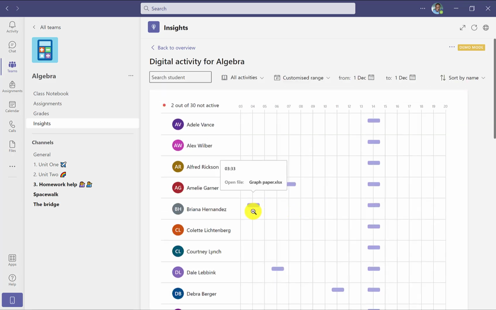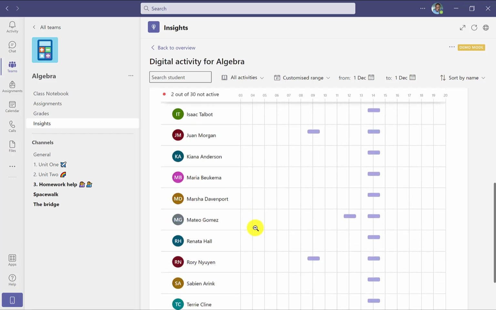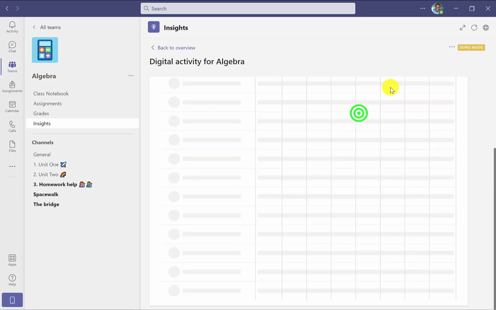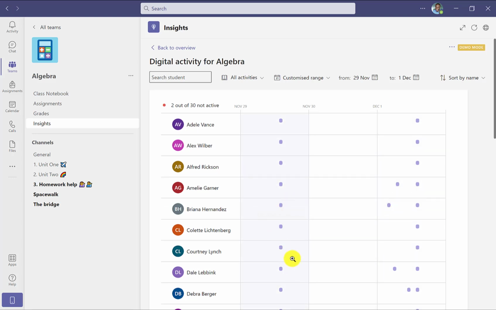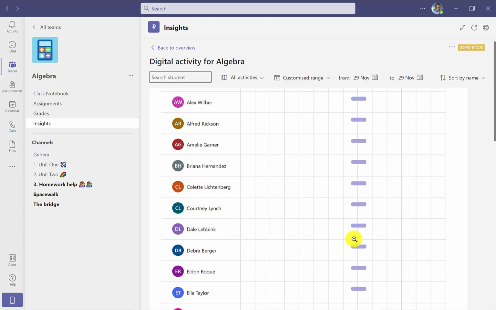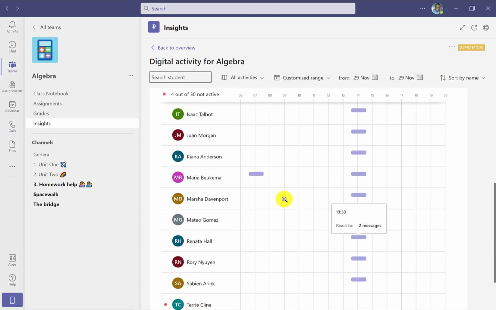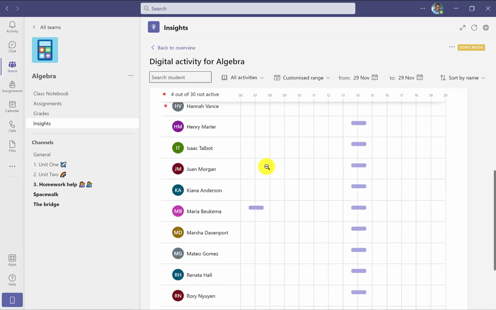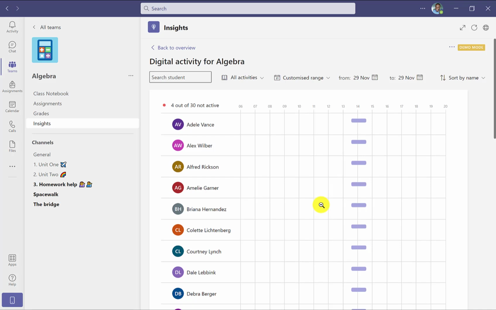We select here. We can see that same student that I was seeing was on early at 3:33. And if we scroll down to find Mateo, we can see we're not seeing the same trends for him here. If we extend the date just ever so slightly, we're again not seeing those timelines. So that indicates that it's perhaps not all across the board, it's maybe one subject. However, we did see a trend with our